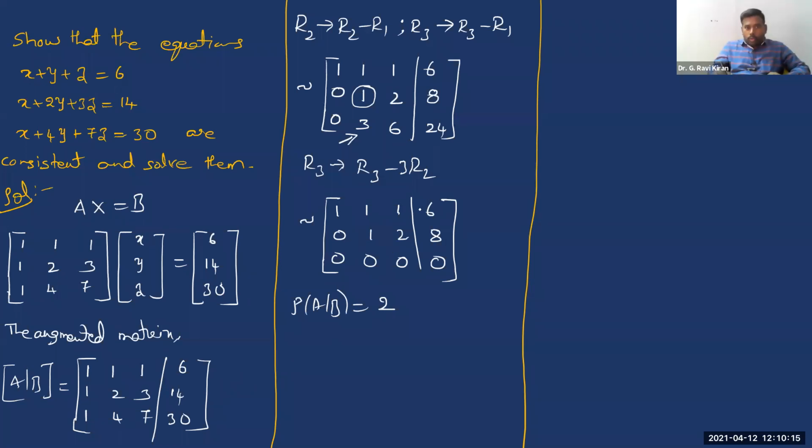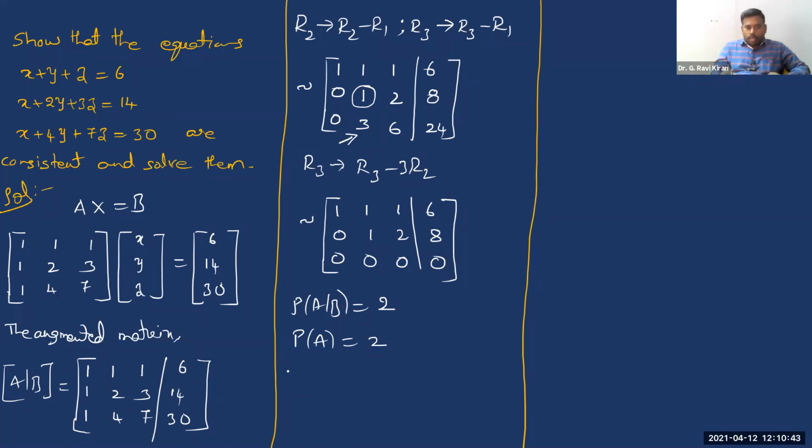Next, now ignore this last row, completely ignore this last column. By ignoring the last column, you can see the remaining is matrix A only. So if you look at only matrix A, see how much is the rank of A? Even in matrix A, by ignoring this last column, you can see there are exactly 2 non-zero rows. Since there are 2 non-zero rows, even rank of A is also 2. Right? So that's how you can calculate the ranks of A and AB matrix.